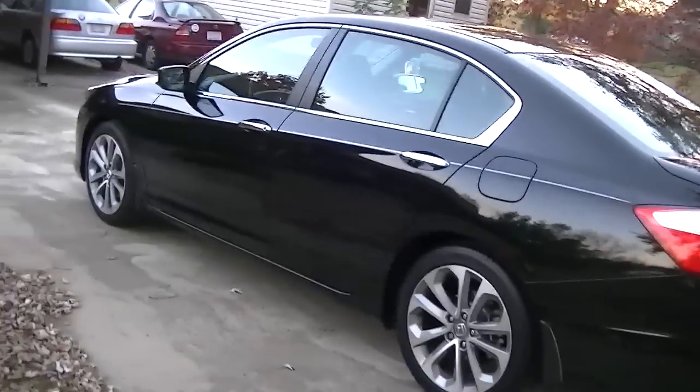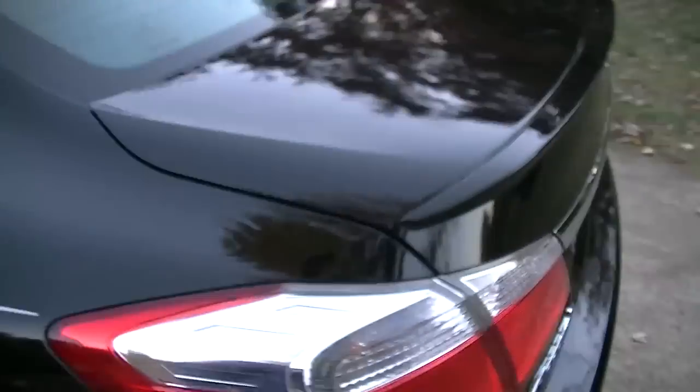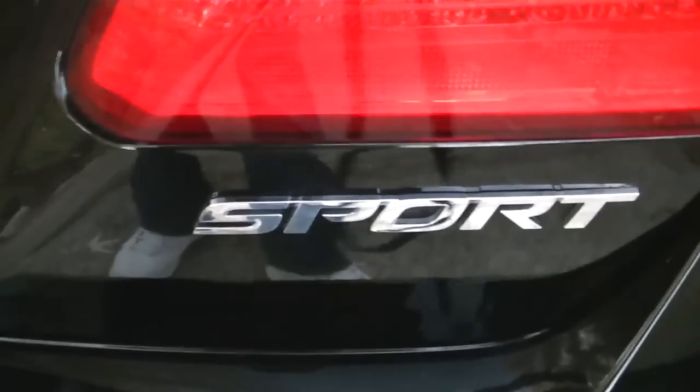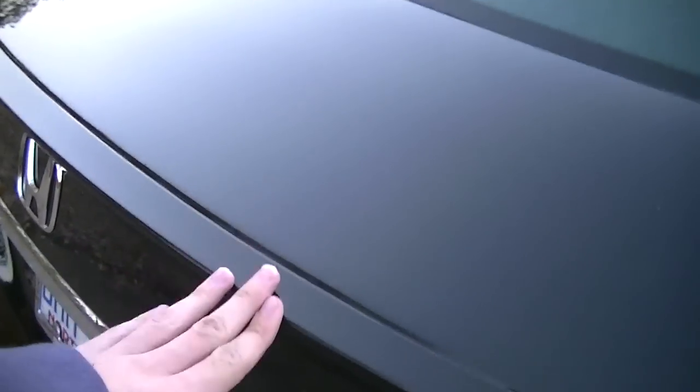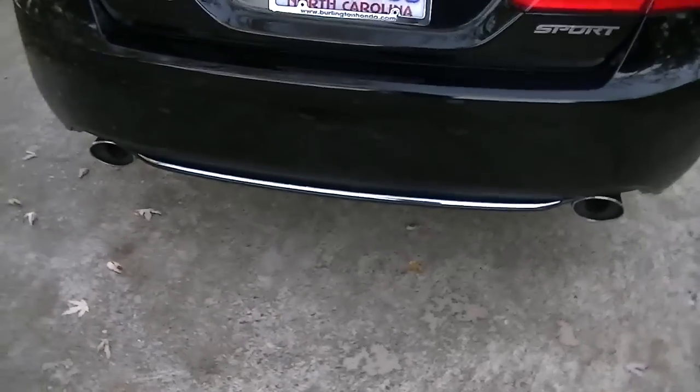Set back a little bit. There we go. Yeah, it's got alloy wheels all around it. I think these are 18-inch wheels, I want to say. It's a sport model. It's kind of in between an LX and an EX. You get this little sport, or whatever you call it, some kind of little spoiler. It's not like on my 95 down there. I wish it was like my 95 spoiler, but it's still nice. Get dual exhaust, and the pipes are chrome. A little splash guard down there,